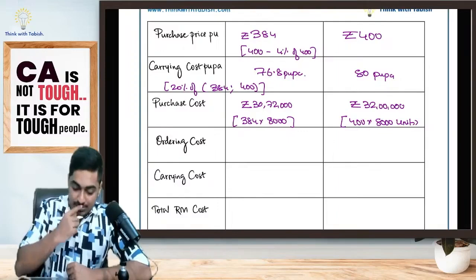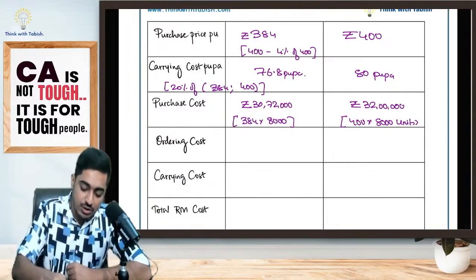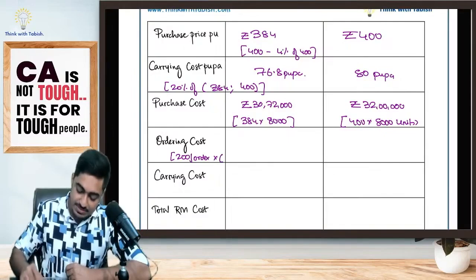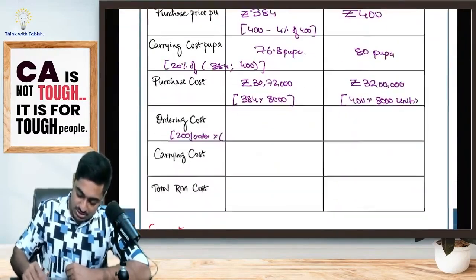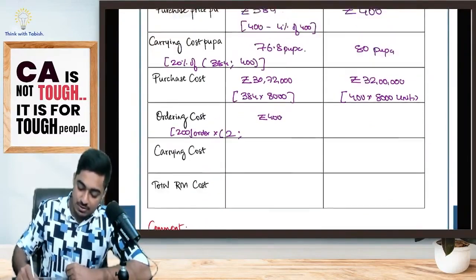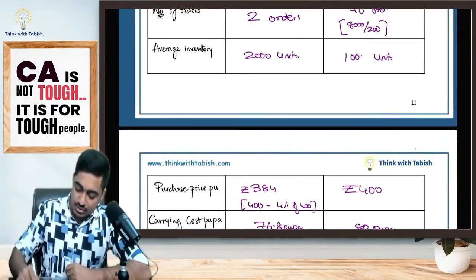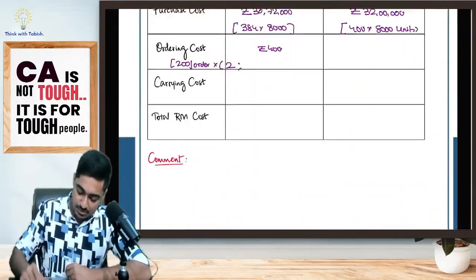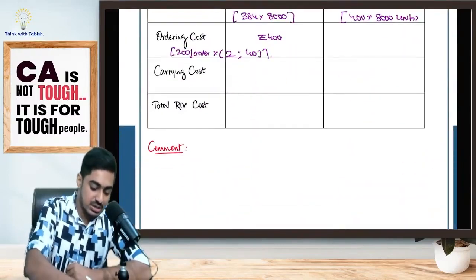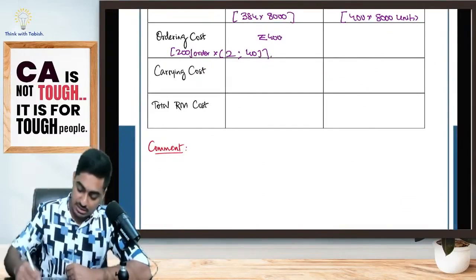Okay, ordering cost. Tell me what is the formula of ordering cost? It is ordering cost per order. For one order, it is 200 rupees per order. Yes, if I accept the discount, how many orders are sufficient, students? 2 orders, that means 400 rupees. Yes, if I don't accept the discount, if I'm buying EOQ, how many orders will I have to place? 40 orders. So 200 into 40, is it 8,000 rupees?